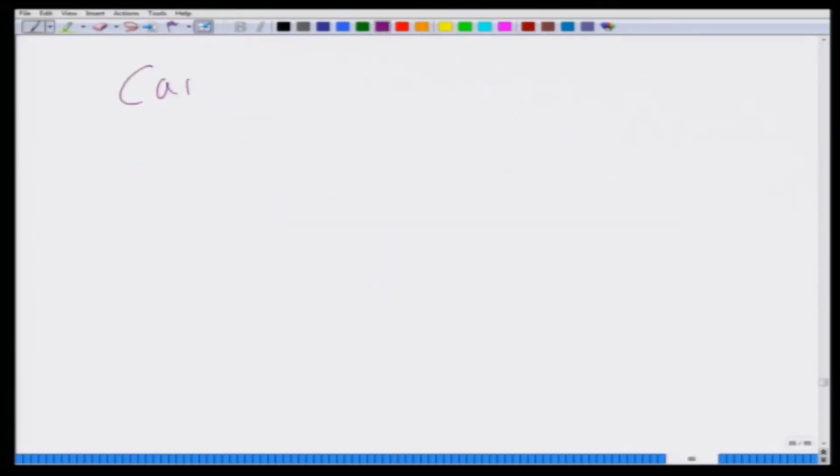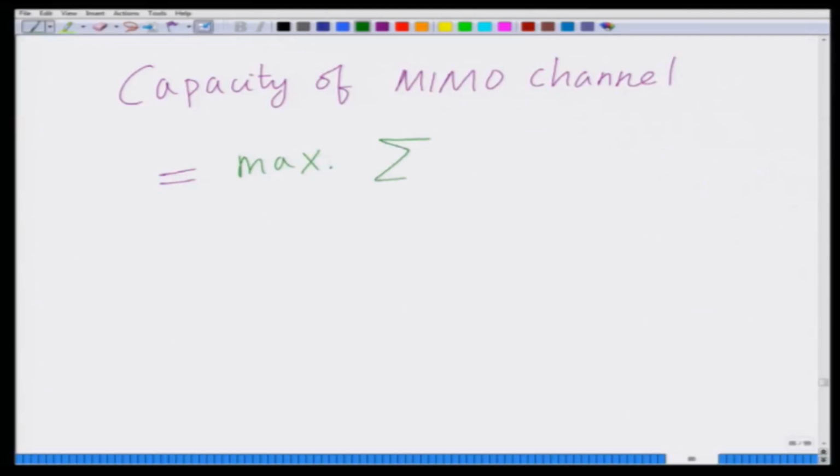Capacity of the MIMO channel equals the maximum of summation i equals 1 to t of log to the base 2 of 1 plus sigma i square Pi divided by sigma square,